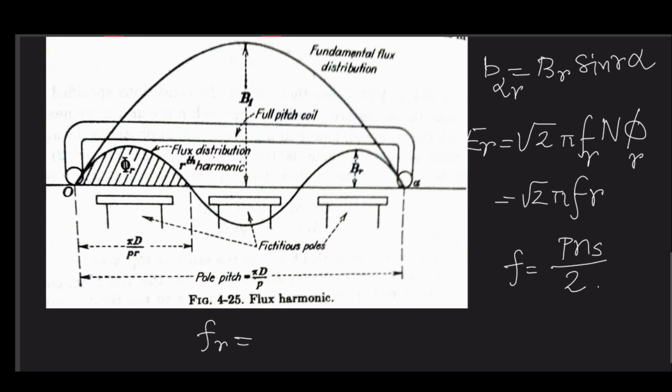Now if this F is equal to P ns by 2, then for the same speed, the same amount of rotation, you can see that this will give you the number of poles for the fundamental. When the fundamental pole is 2, the number of poles for the fifth harmonic will be how much? It is 10 times, right? So what we can write here,